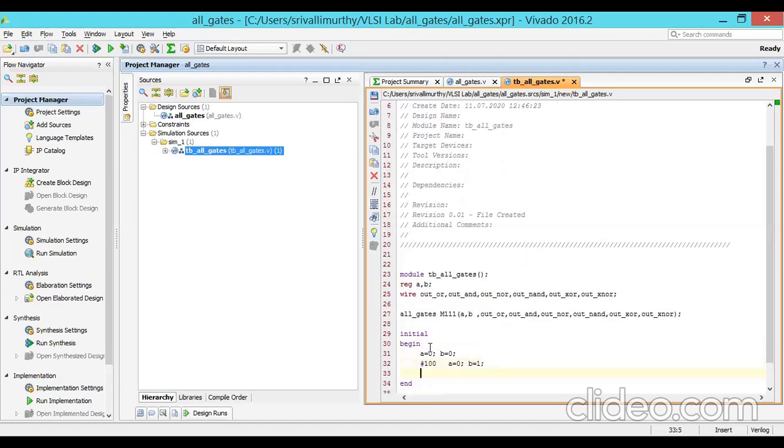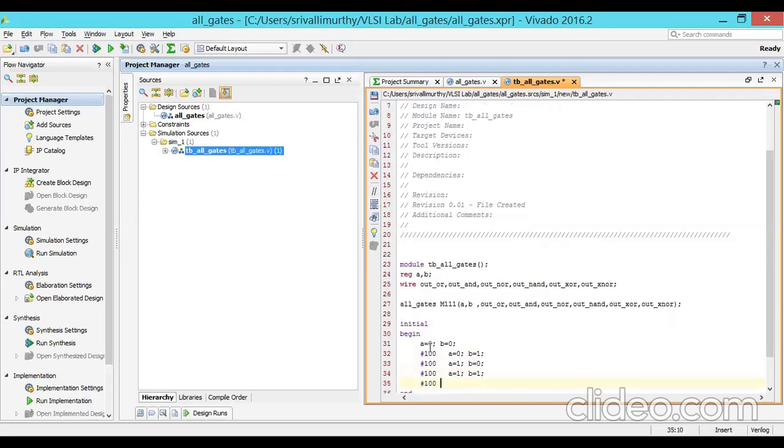After 100 nanoseconds, A equal to 1, B equal to 0. After 100 nanoseconds, A equal to 1, B equal to 1. After 100 nanoseconds, dollar stop. Only I am using dollar stop, stopping the simulation.